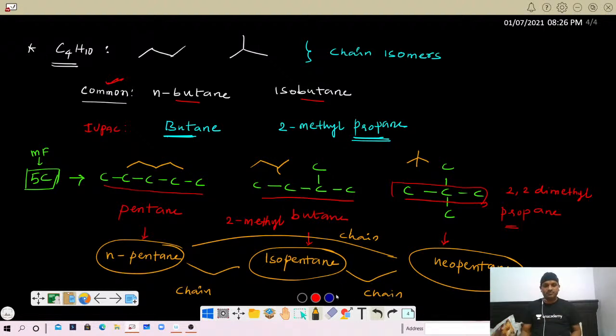Next, if you see positional isomerism, the second example under structural isomers, the second one I'm going to explain, that is positional isomerism. So how do you write this? Isomers